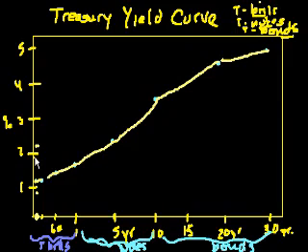So the government does the auction, but then after the auction, say a lot of people had demand, but then a lot of people get freaked out, and in the public markets, when you try to sell that treasury, buyers will then expect a higher yield. I know that might be a little complicated now, and I always start to jumble things when I run out of time. But hopefully at this point, you have a sense of what the yield curve is, you have a sense of what treasury bills, treasury notes, and treasury bonds are, and you have some intuition on why the yield curve has this shape. See you in the next video.